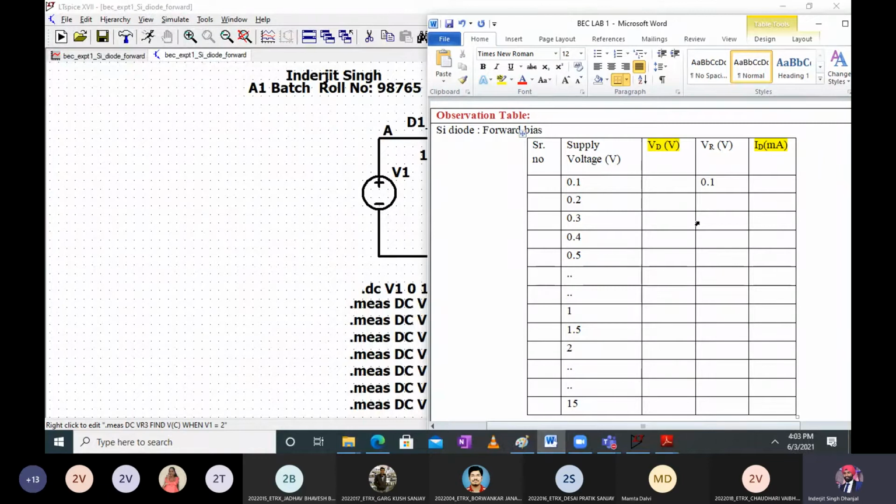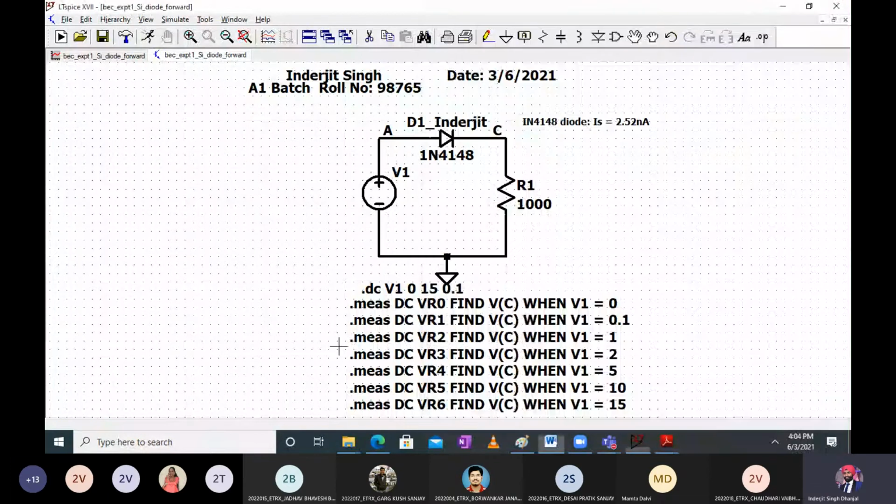The software should come to know that for this particular value of supply voltage, it should store it with some name. So let's say this is 0. For 0, I'm naming it VR0 is equal to, the software will give me this value. For 0.1, what is the value of VR? VR1. I cannot put VR0 everywhere, no? That's why different names. Fine now, everyone. Can I simulate this? Yes, okay. So I'll simulate this.